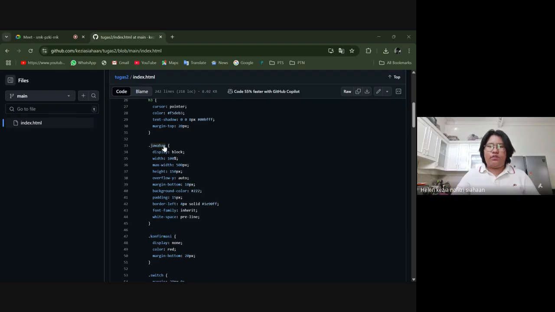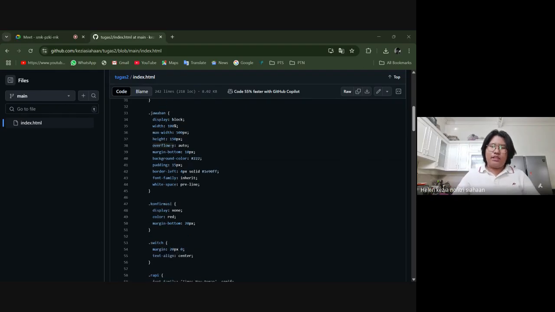And the jawaban or the answer, I'm using display block. It was like this. It was block. Then the width is 100%. The max width is 500. Then the height and the overflow, as you can see in here, the background color, if I'm not wrong, was not a pitch black, but it was a little bit black.